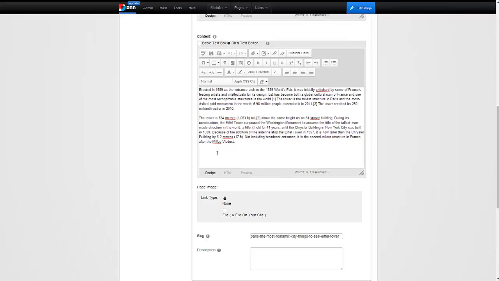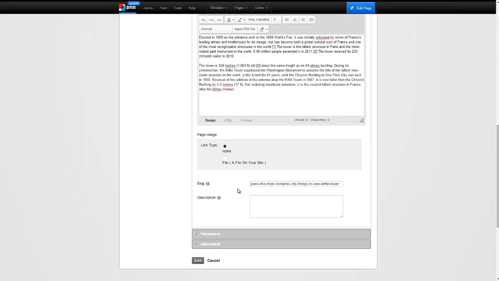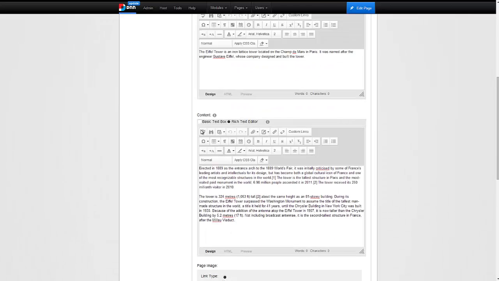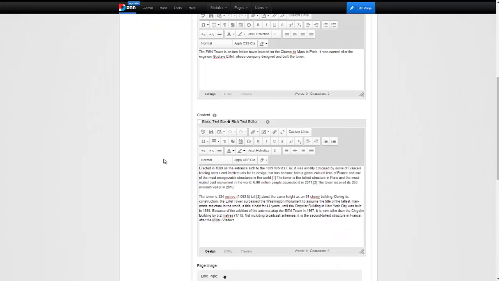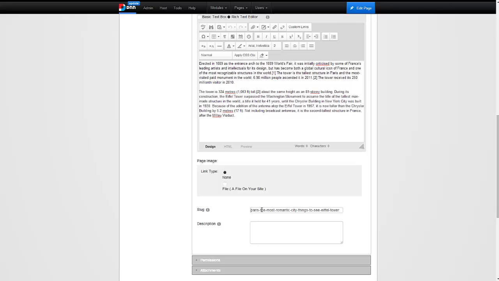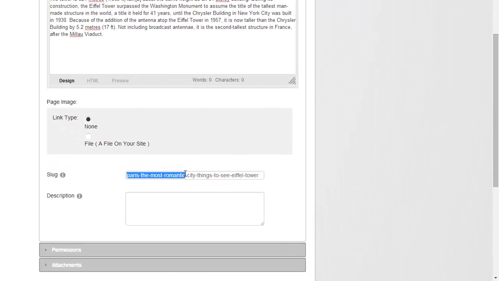I have it here. I'm not going to put a separate image on this page, but I do get to choose a unique URL for this page as well, since we said it needs to have its own unique URL, even though it's part of the same article. So you can see it's taking the slug from our main article, Paris, the most romantic city, then the parent page, which is Things to See, and then Eiffel Tower. So it does all the hard work in terms of